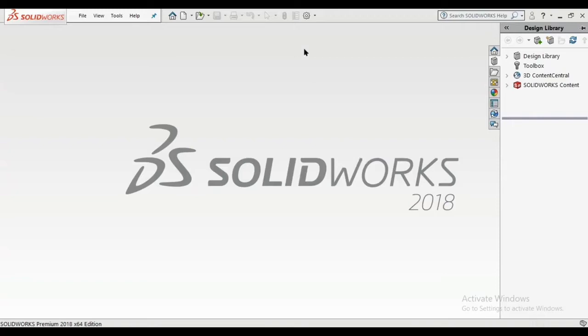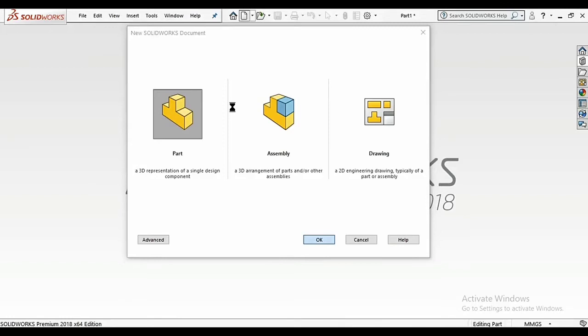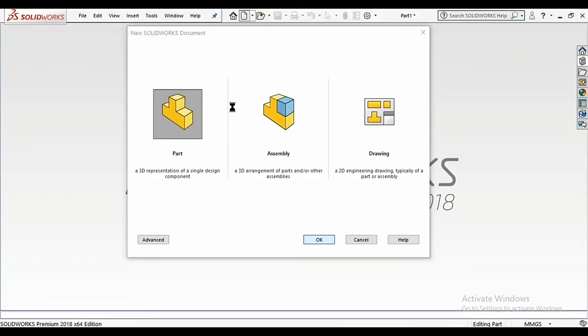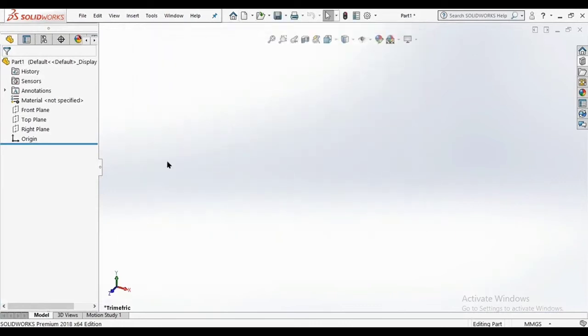So first of all, as I told you, you have to click on new. After that, as we are making a part, click on part and then click OK. When this screen arises in front of you, you have to check your units.